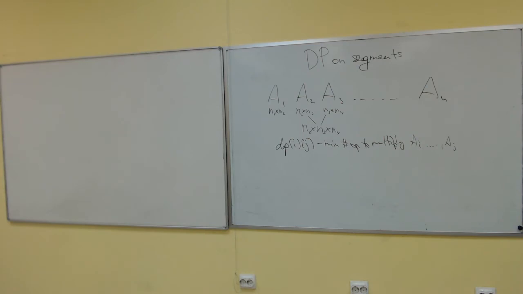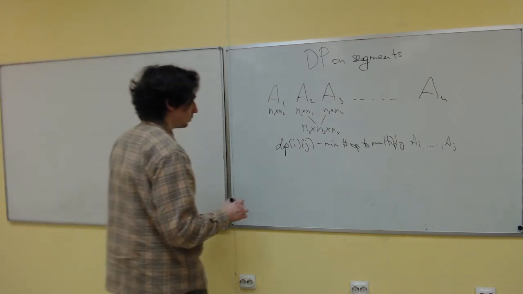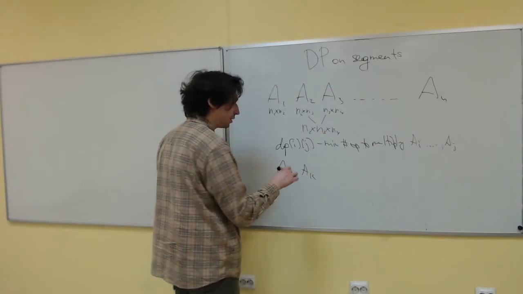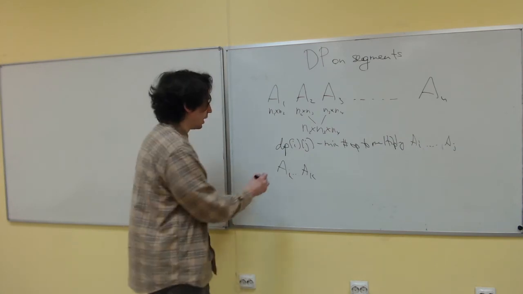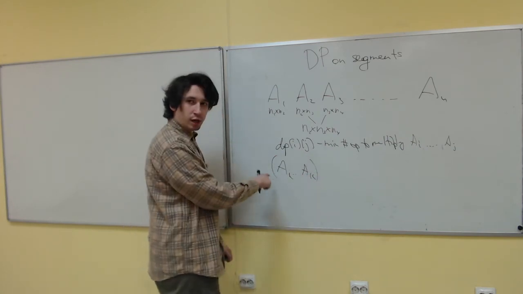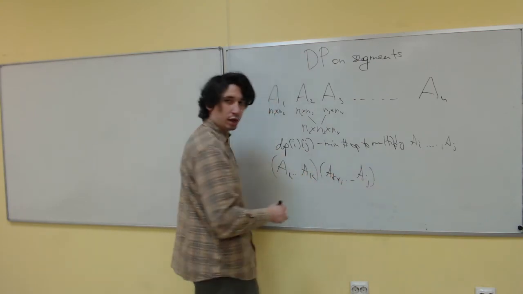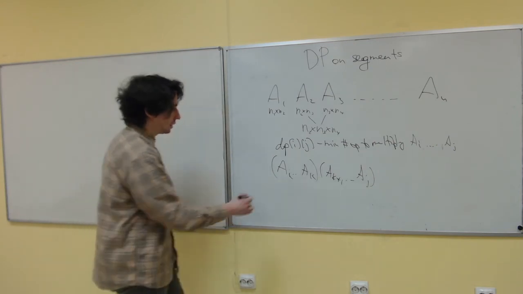Well, maybe we could consider all the subsegments of the current segment, the same way we did with the brackets. If we take the left matrix, so we choose the k, and so you have A1 ... Ai ... Ak. Consider the last multiplication that was done in this segment. It is either the answer for ik multiplied by the answer for k plus 1 j. So this is dp, this is dp